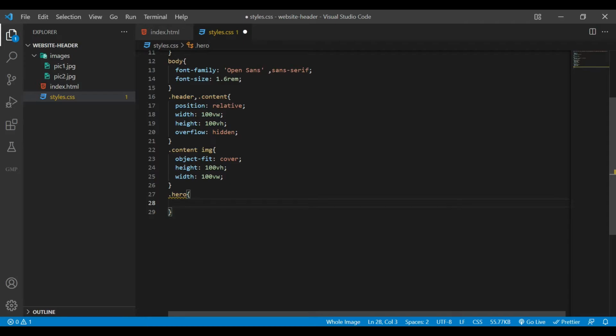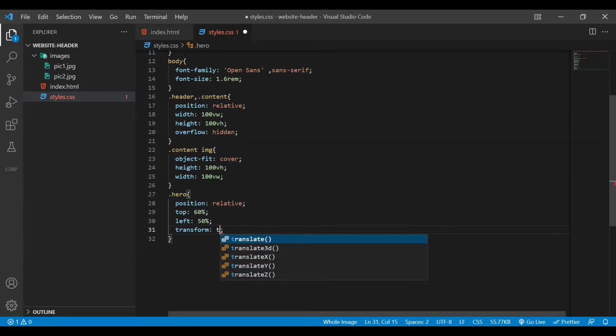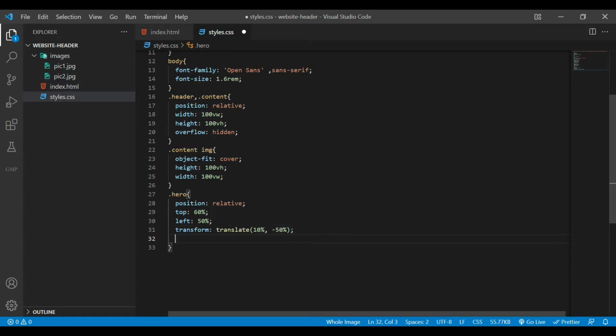So I'll say position to be relative, top to be 60%. Next I'm going to say left to be 50%. Also we need to add transform, then we're going to use translate. Here I'm going to give it 10% by negative 50%. Also we'll add opacity to be 0,